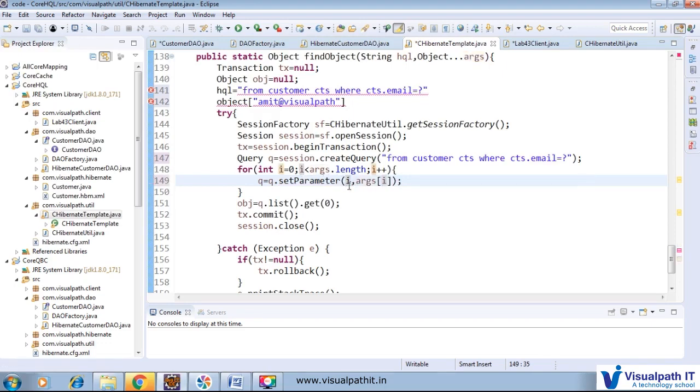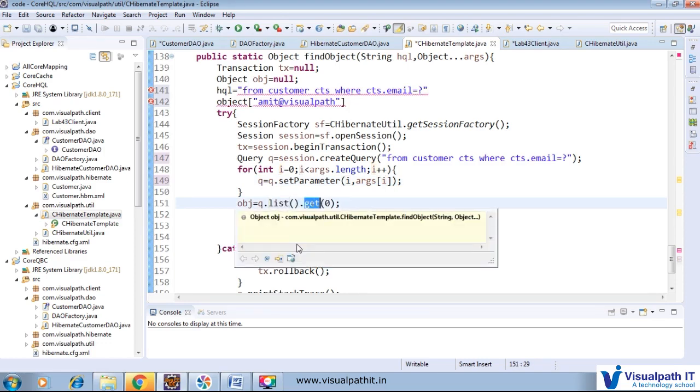So now i is equal to 0. If we pass a second time, again it will be set on 0 only, so it will create a problem. If we have cts.email equal to something and cts.name equal to another placeholder, the second time if we have 0, it will throw an exception. Now it is fine, it will work and retrieve, and after that we get list.get(0), and we return that.